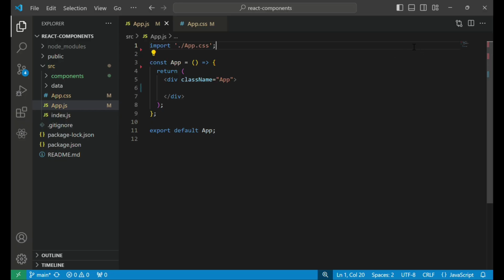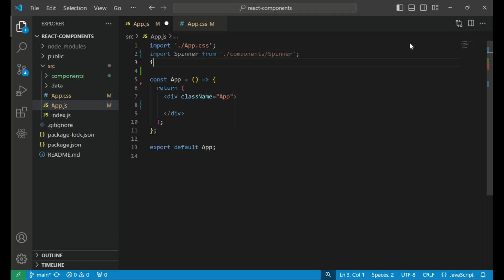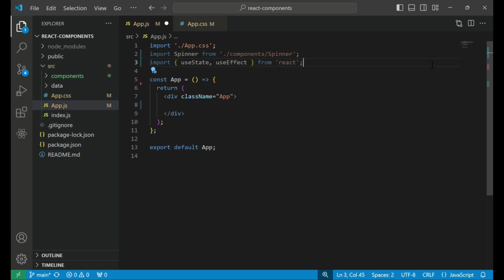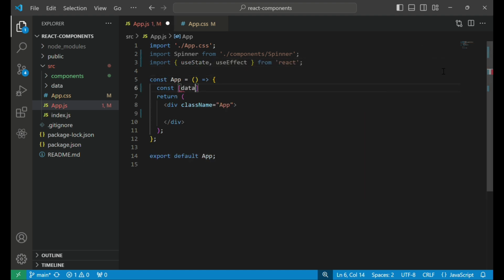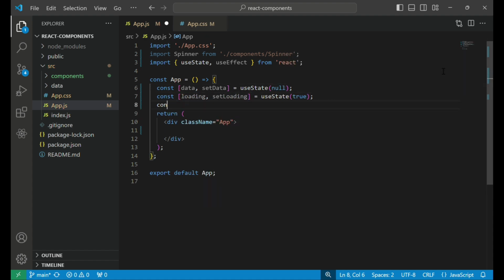Here, we'll demonstrate how to implement a spinner while fetching data and using a button with a spinner during submission. First, we need to import useState and useEffect hooks from React and our spinner component. Next, we set up our state variables using the useState hook. We have data for holding our fetched data, loading to track loading status, and btnLoading to manage button loading